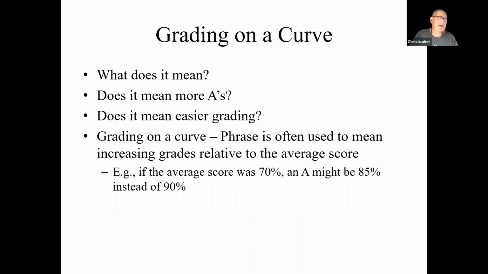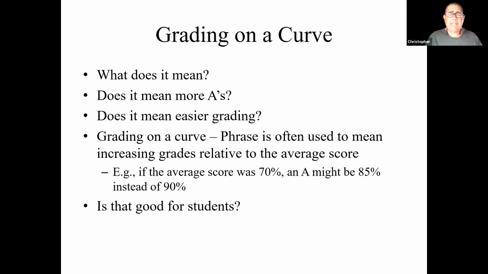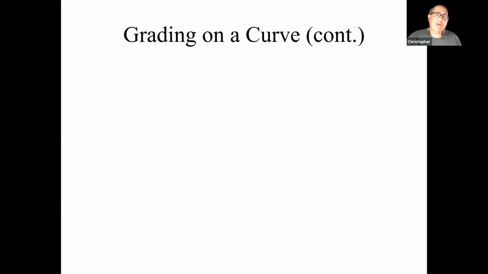One application you might see here, if the average score for the class was 70%, the A might end up being 85% instead of 90%. Yeah, that's making it easier to get an A in that context, but we'll see what it means to get an A when we're actually grading on what's called a curve. And one thing we'll see is that maybe this isn't necessarily good for students. So when we're grading on a curve,